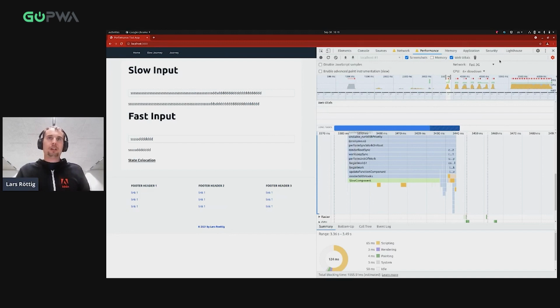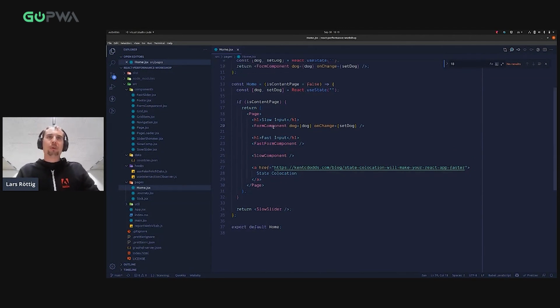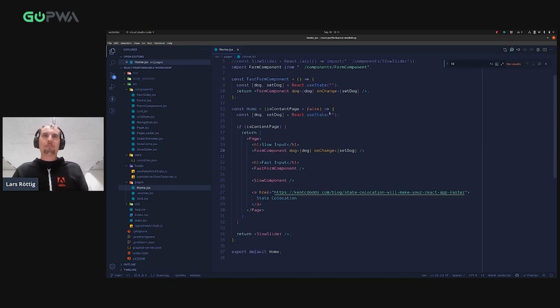I have here some state colocation problem because my form component, in this case the slow input, here this is the H1 and this is the form input, gets the state from outside, injected from the parent component. And if I go into this component, it changes the state by reference.